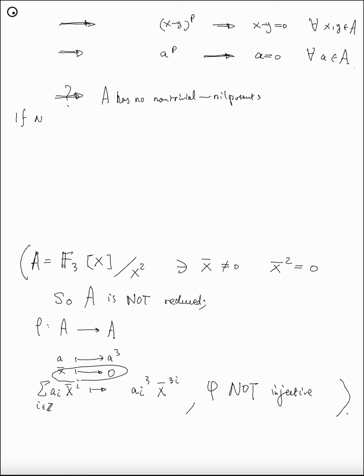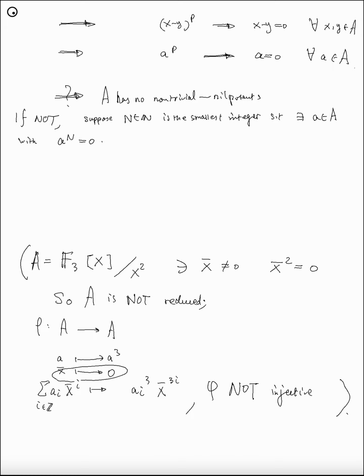If not, suppose n is the smallest integer such that there exists an element a of A with a to the power n equals 0,